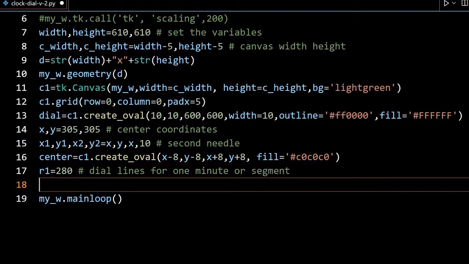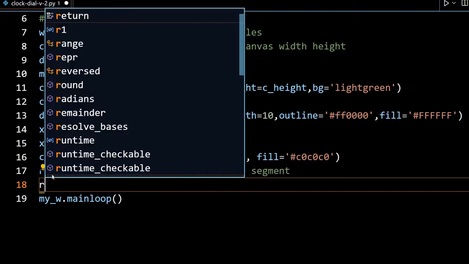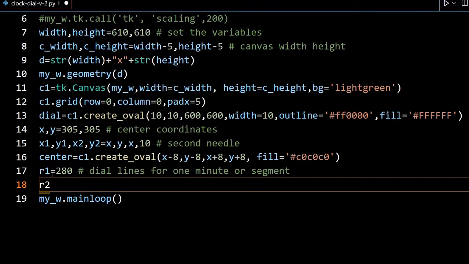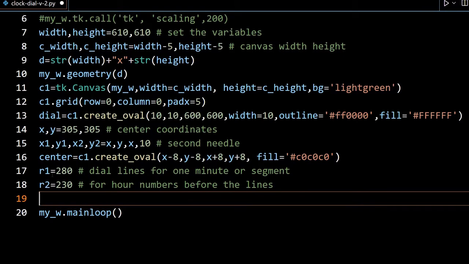One more variable we will take, because inside that, or lesser than that, is where our text will be lying. It's 1 o'clock, 2 o'clock, 3, like up to 12 o'clock, the text will be aligned. So that length will definitely be less than that. So it is 230 I am giving. I am writing a comment also, for our numbers before the lines, so you can easily understand why it has to be less.